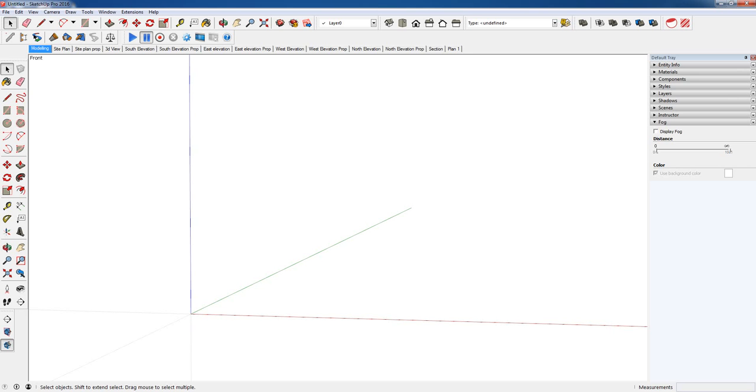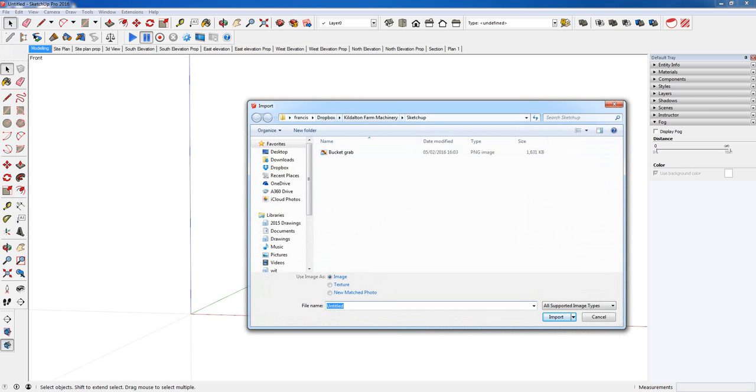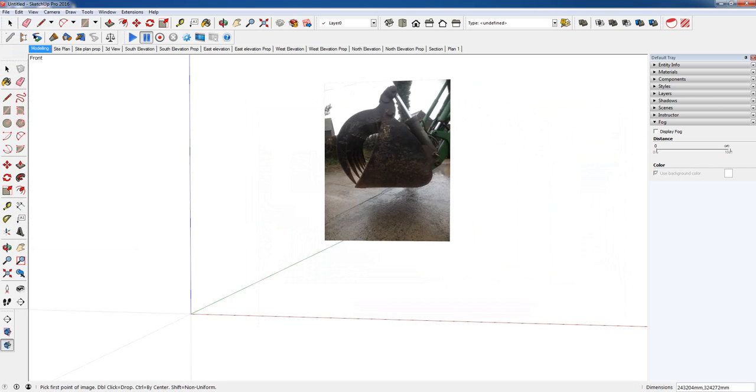Okay, so I'm just going to do a reasonably quick tutorial on how we could use an image and copy it to draw your project if it was something maybe a little bit more complicated layout. So what I'm going to do, I have a new file open here. There's nothing at all on the file, so I'm going to go into File and I'm going to Import, and I'm going to go in here to this folder, and I have a picture here, PNG, so I'm going to import this picture as an image and just bring it in